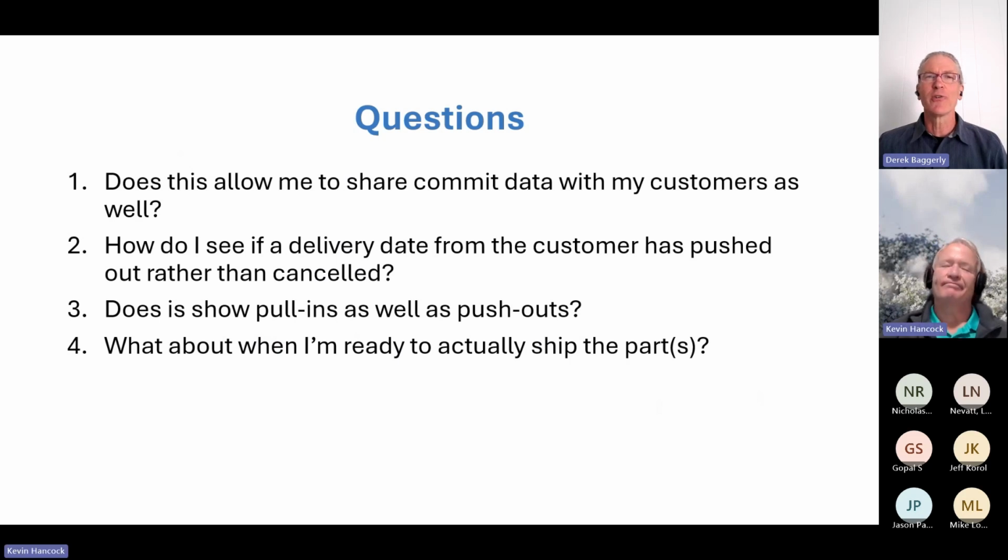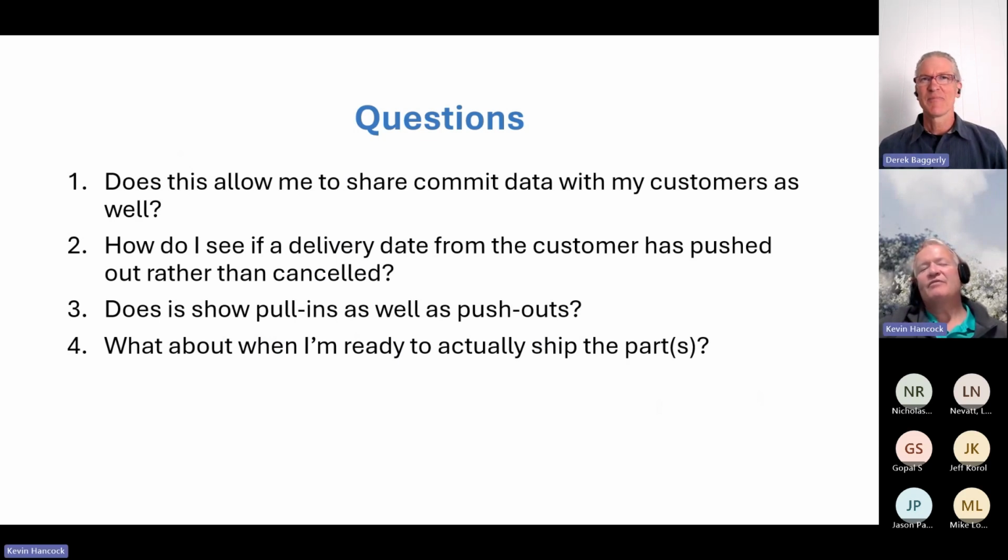So it does also allow the automation of sending back those commits ideally directly from your ERP system. Now it can show you what it's going to send for your ERP system before it sends it on to the customer, so you can confirm that, yeah, this is what I want to expose to my customer. But yes, it does automate the promise dating commit process as well.